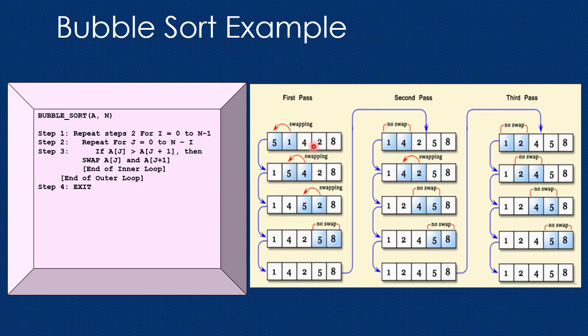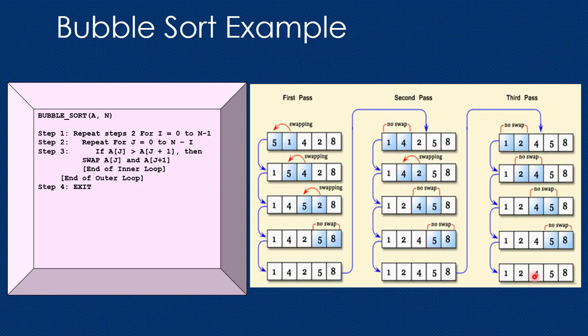So for example, here out of these 4 elements, 5 has the highest value, so it has to be bubbled towards its right. Here it is done all the way after this pass. So 5 is at this position. Again, out of these 3 elements, 4 is the highest one, so after these iterations 4 comes here. In the same way, out of 1 and 2, 2 is the highest one, so 2 comes here. Finally, you have the sorted array.